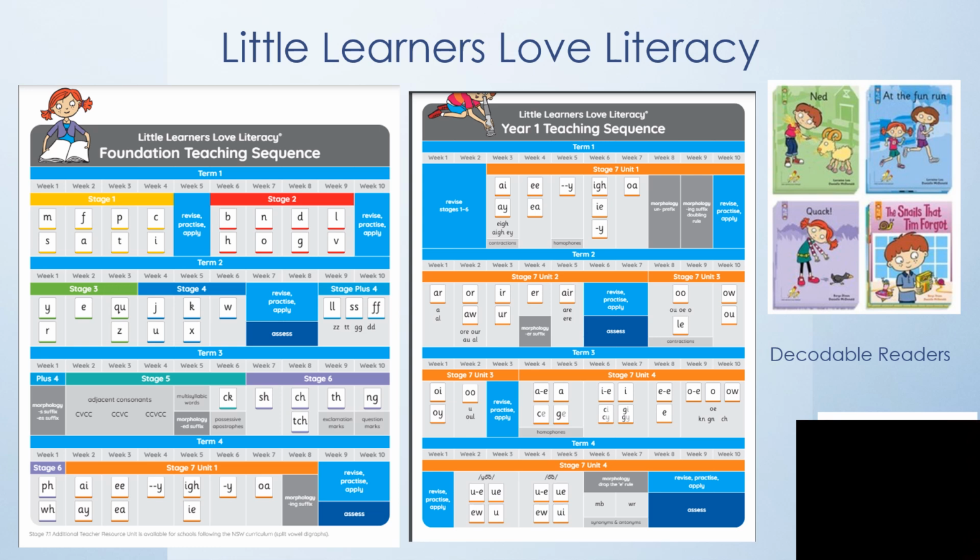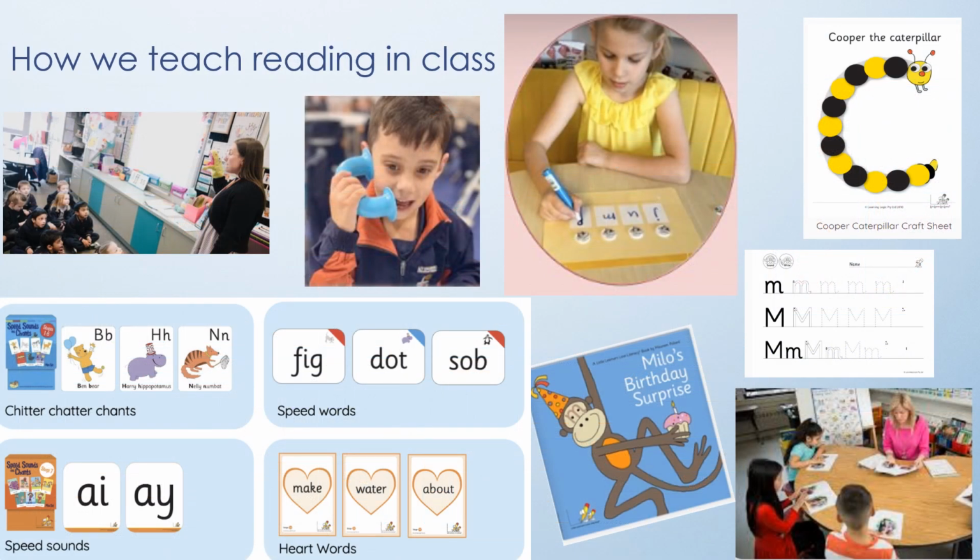The other thing, of course, is that we really encourage you to read books to your children. So having that example of rich literature and the enjoyment of reading and understanding new words all comes from you reading to them. Here we have a number of activities we use in the classroom to teach students how to